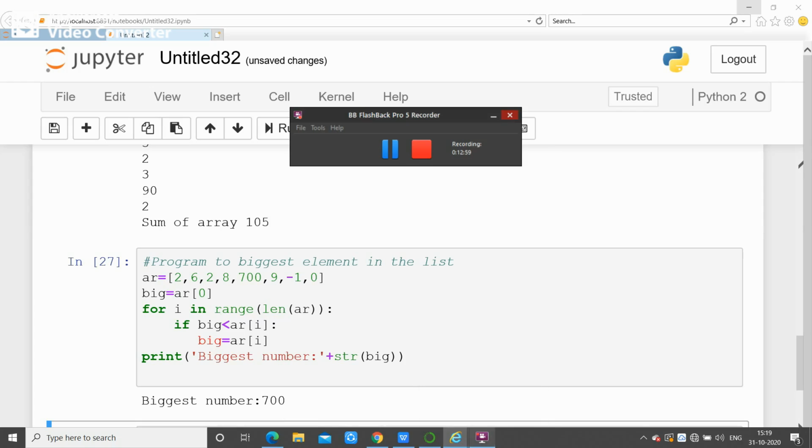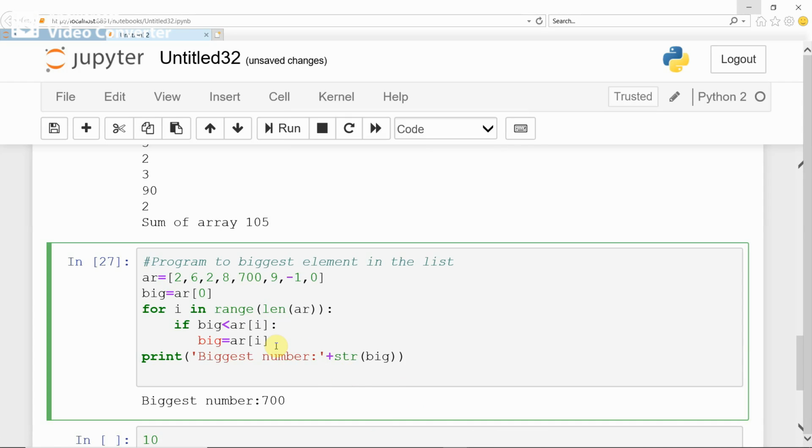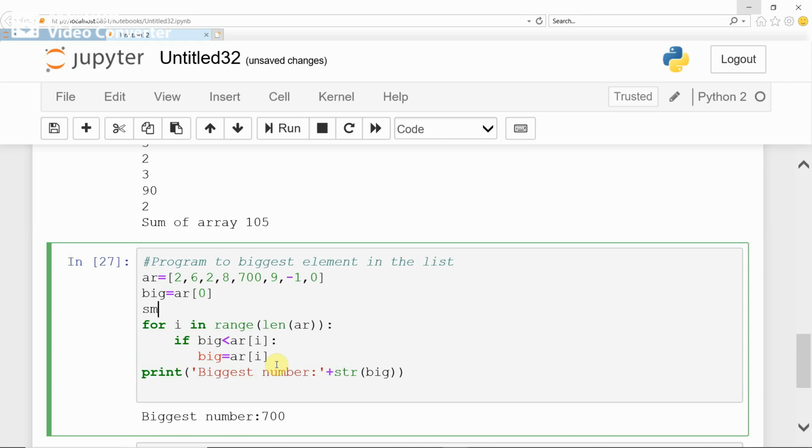If you want to continue the same program for finding the smallest element also, then you can initialize the variable small also to AR of 0. Now if big is less than AR of i, then big equals AR of i.